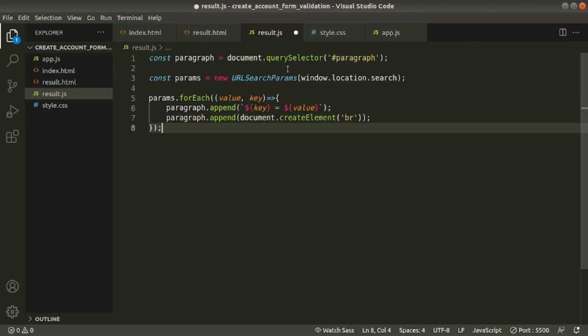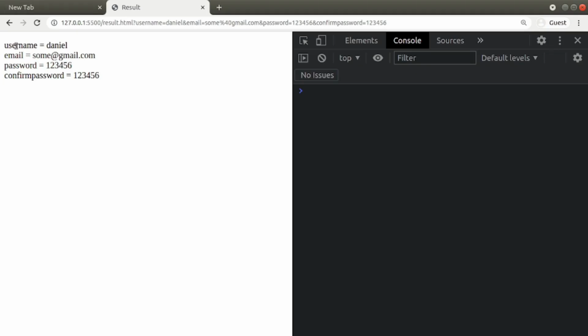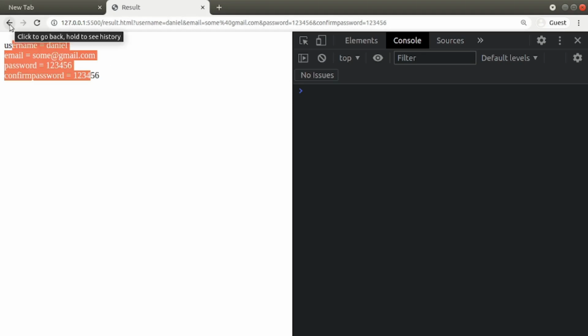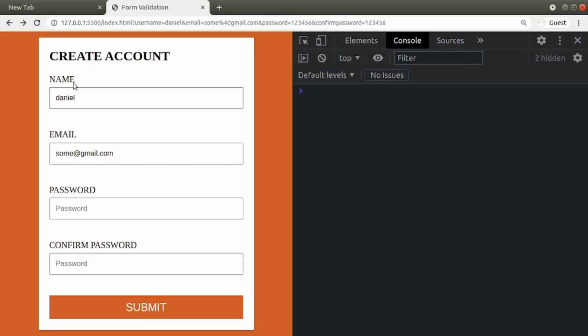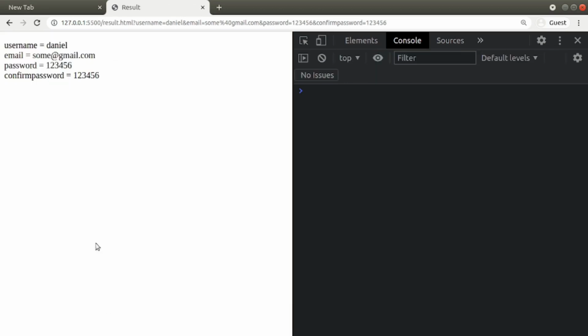Now save this file. Let's go to the browser. See, our values are already here. Now go back to index.html and give some values. We can see these values inside result.html. Here we don't see this